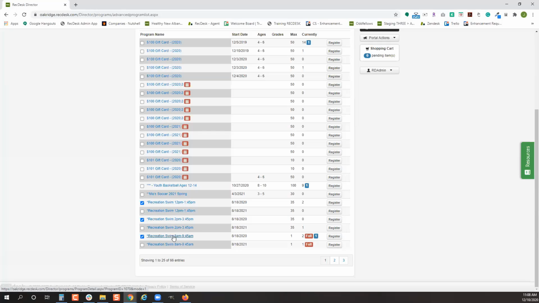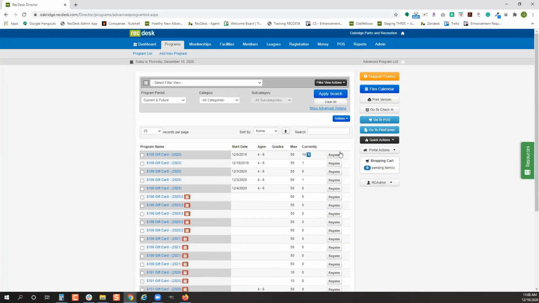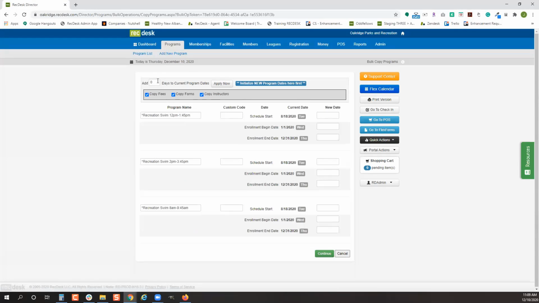So with this type of situation, we've got 3 available time slots that you can come swim during the course of the day. Now, instead of needing to make these programs and copying and copying and copying for everything, once you've made your full day or full week's worth of programs, you can select up to 10 programs at a time, click Actions, and you can copy selected programs. Now, this feature up here lets you set the date. So if you are one of those groups that are going to do it every single day, then you can copy that day, do one day out. Now I'm going to use the example of